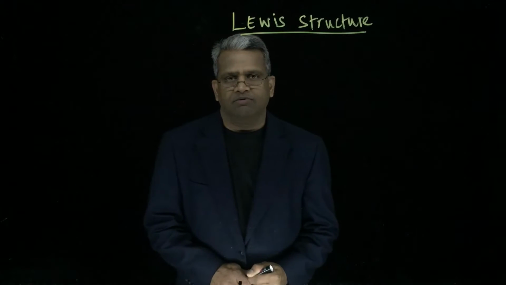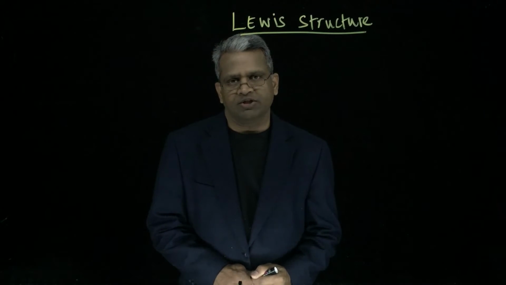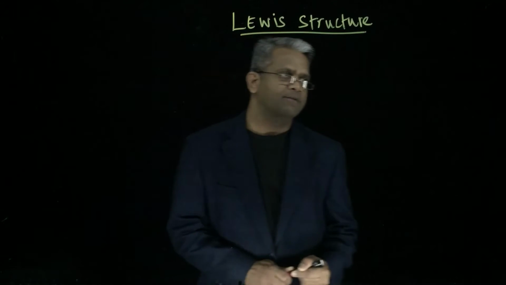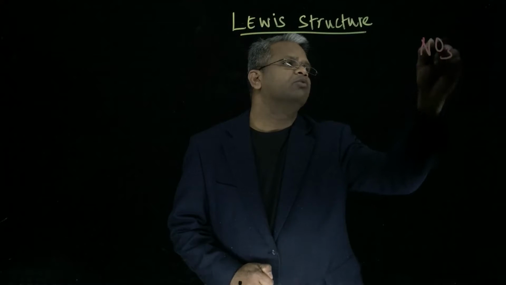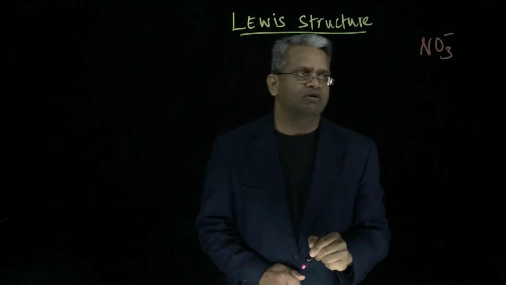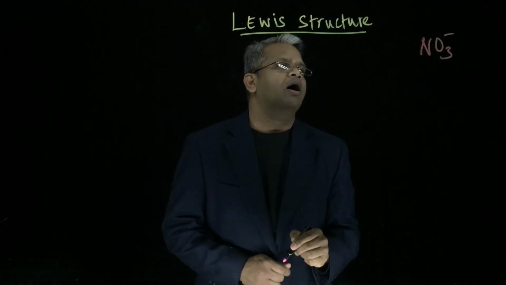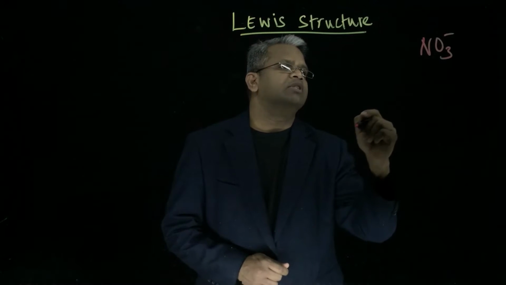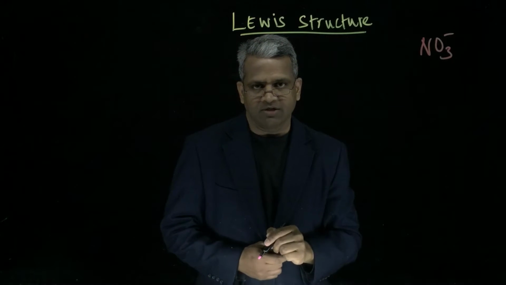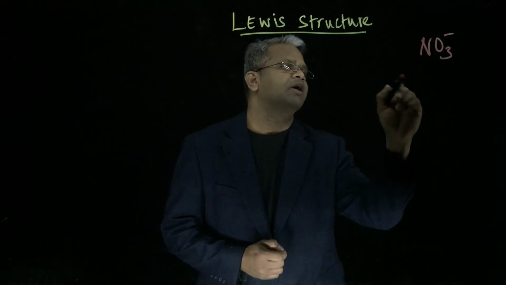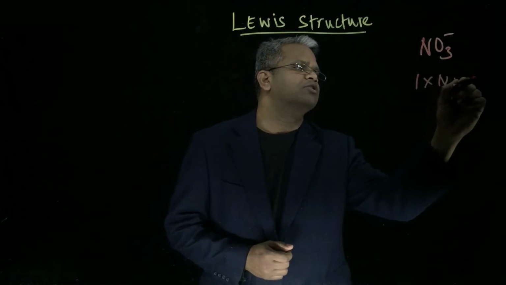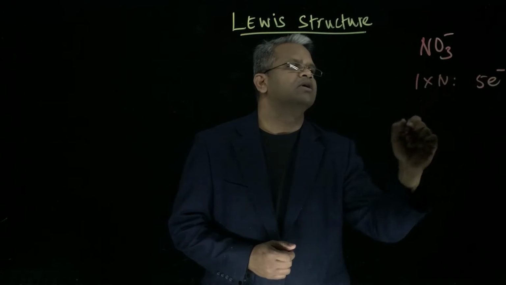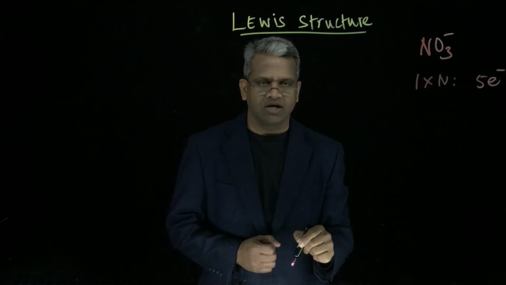We are going to look at how to draw the Lewis structures for a couple of ions. The first one we have here is the nitrate ion, NO3 minus. The first thing we should do is to start with counting the total number of valence electrons present in each of the atoms. Okay, so we have 1 times nitrogen, so 5 valence electrons, because nitrogen has 5 valence electrons,